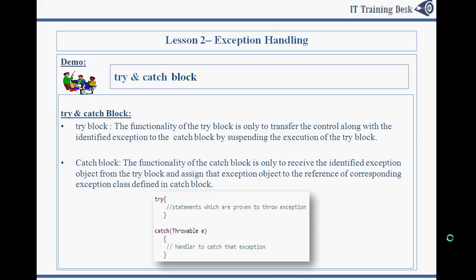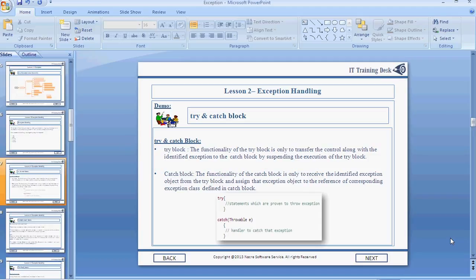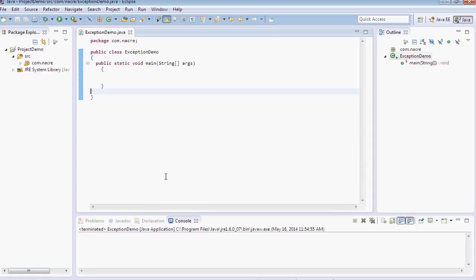Let's take a simple example to understand the concept of exception handling with and without try and catch block. This is my ExceptionDemo class. I will write some statements which are going to throw an exception.